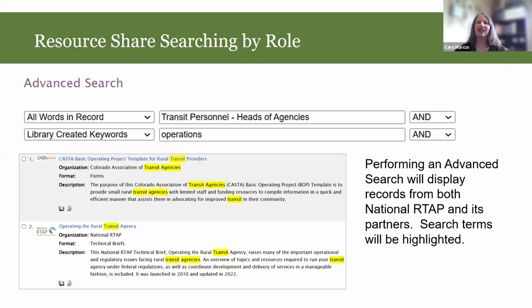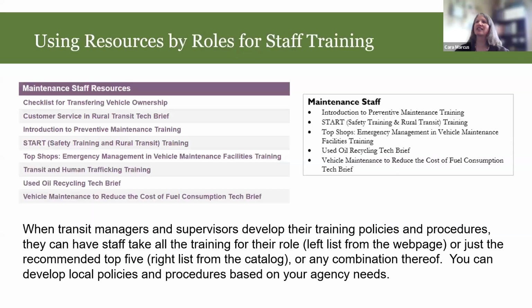So there's a lot of ways you can get things by roles, both our resources and partner resources. If you need help, just contact us at info@nationalrtap.org.